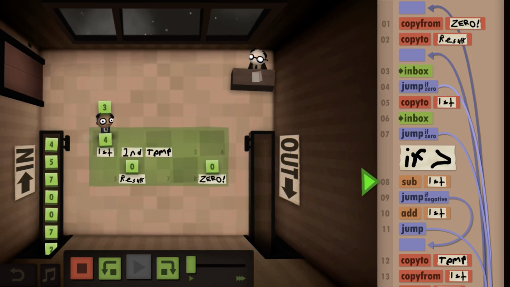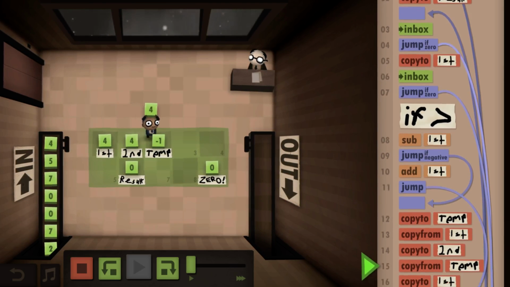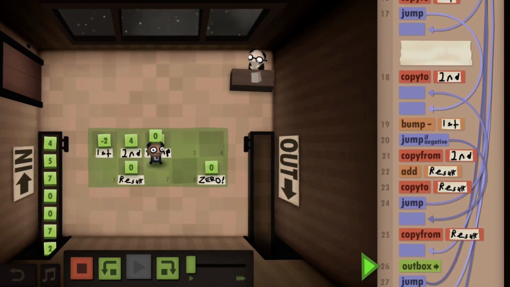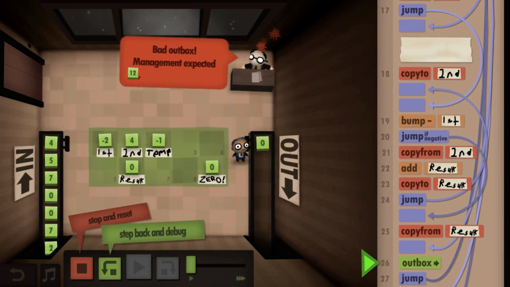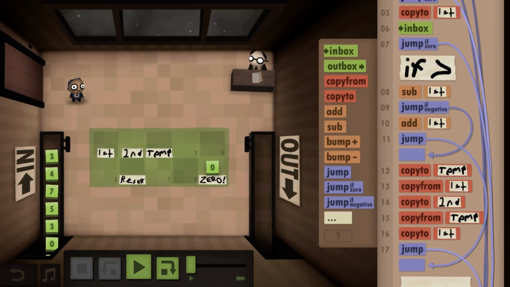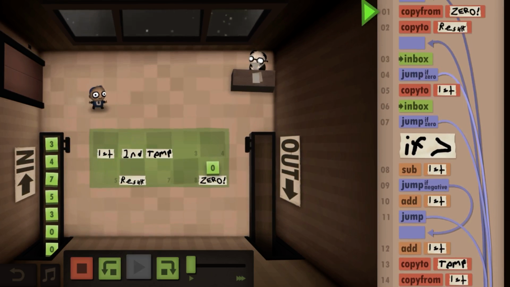So we put the 4 down, then we subtract this and we get a negative number. So that tells us the 3 is the smaller number. And we did it wrong. We forgot to get the number back, so we need to add to the first and try that again.